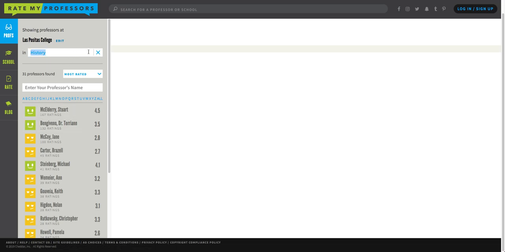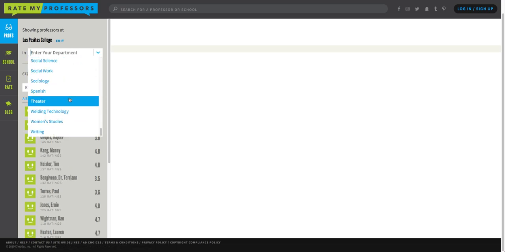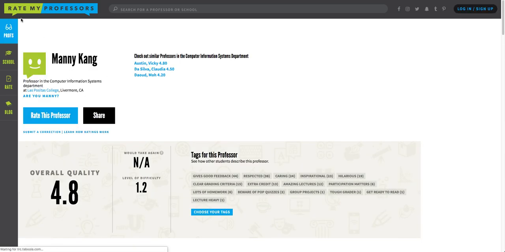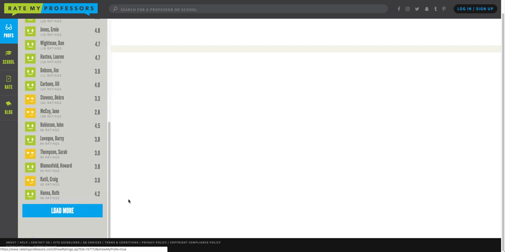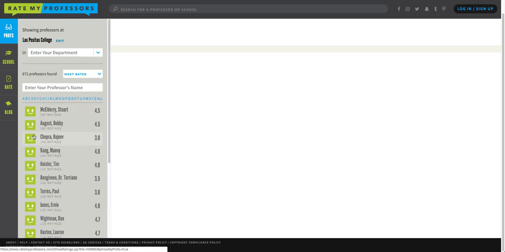You go to the specific department of what you want to take, and obviously there's a lot of professors here. It's because it's not just one professor that teaches every topic. For each department, there's going to be a handful of professors, so you have to go through each person and look at the reviews, analyze what the students are saying about the professors, and you have to come to your own final decision, your own final judgment. And this takes time. This isn't something that you should just